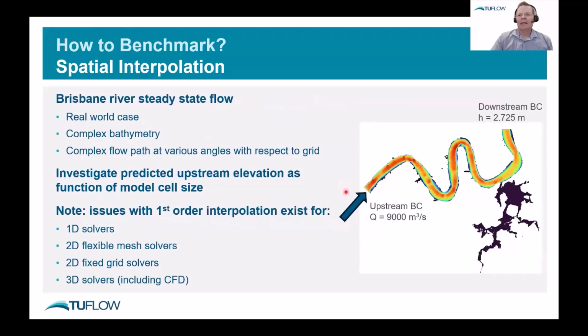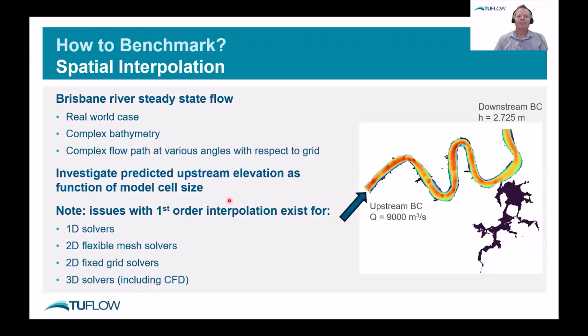So we're going to look at the test case again. Bill presented a couple of charts from this earlier on, from the Brisbane River, except this time we're not running the transient model. We'll just run it as a steady state solution. Well, we run it in transient mode until it gets to steady state. And what's really important with this thing about first order spatial interpolation is that it applies to 1D solvers, it applies to 2D flexible mesh solvers, it applies to 2D fixed grid solvers, it applies to any 3D solver, including CFD. This is absolutely fundamental with any sort of spatial discretization scheme as to whether or not it's